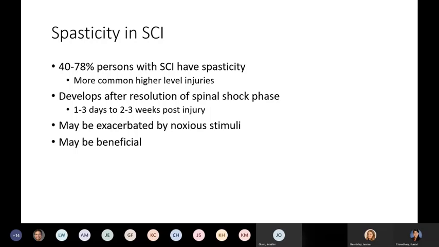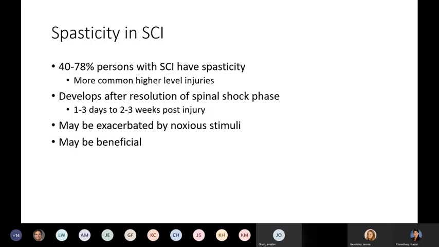The other thing to remember when we start to think about creating treatment plans is that spasticity itself is not always harmful to the patient with spinal cord injury, and in some cases may be beneficial. Depending on the patient's level of function, they may be able to use their tone to assist with functional tasks, such as triggering a spasm, possibly to help with leg management with a transfer, or even kicking that in to assist with some weight bearing if they have enough functionality to be doing